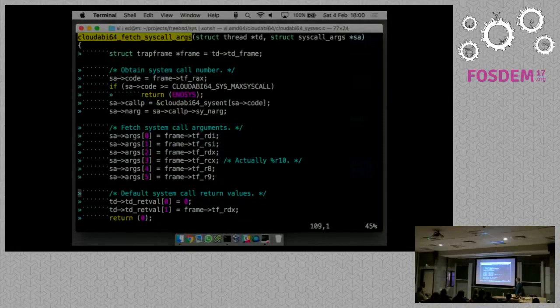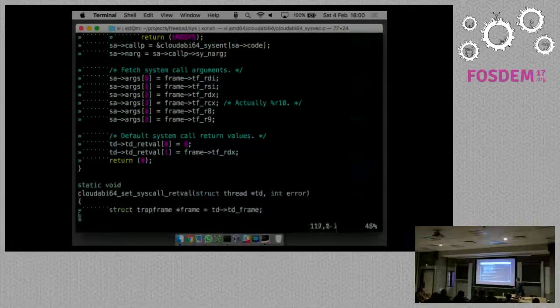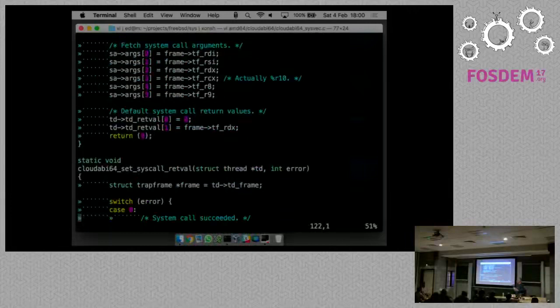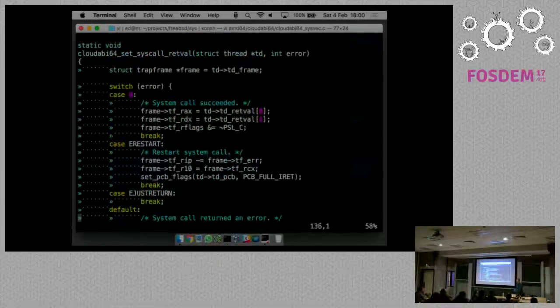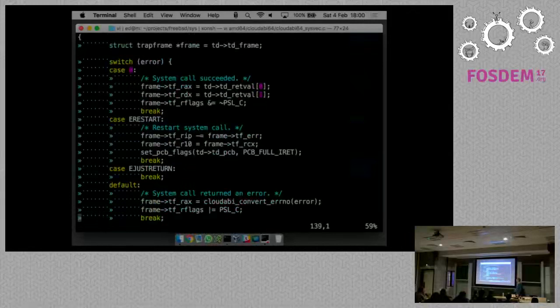It's not that awesome. And then the second function is how do we set the return value? So the system call is running, and after some time it completes. It can either succeed or it can fail, and this piece of code then determines how we set the registers when returning back to user space. So if the error number is 0, the system call succeeded, we write the